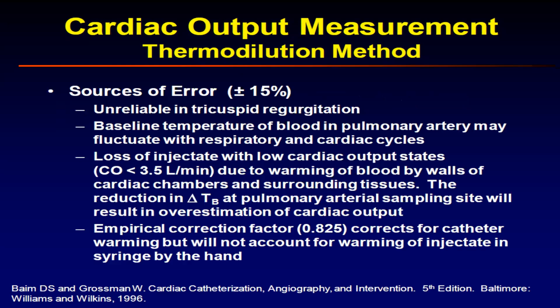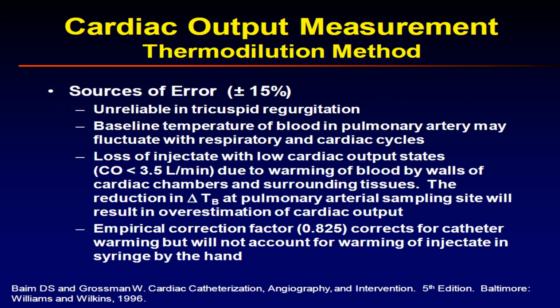What is the source of error of thermodilution? Okay, so it is unreliable in severe tricuspid regurgitation. Baseline temperature of blood in the pulmonary artery may fluctuate with respiratory and cardiac cycles. Loss of injectate with low cardiac output state due to warming of blood by walls of cardiac chamber and surrounding